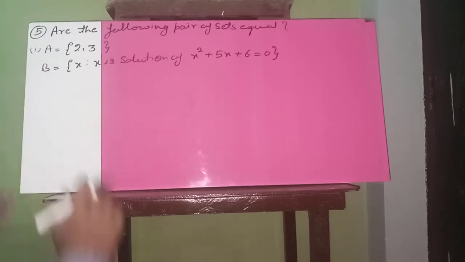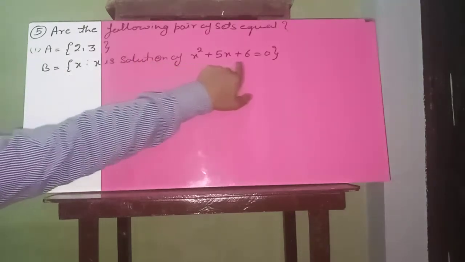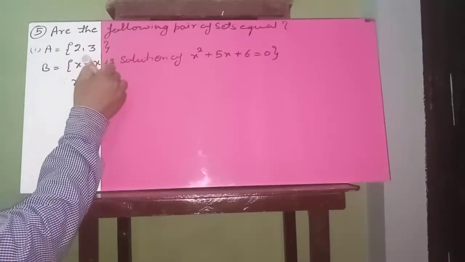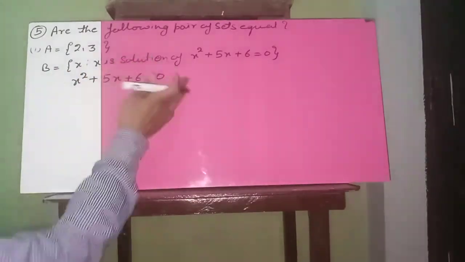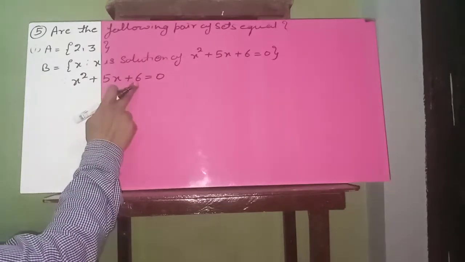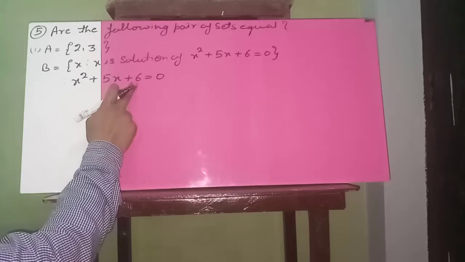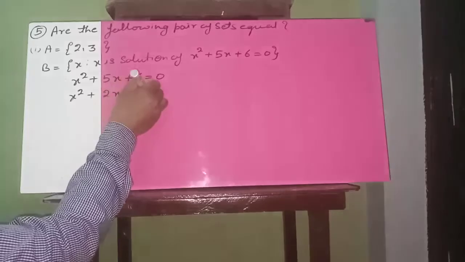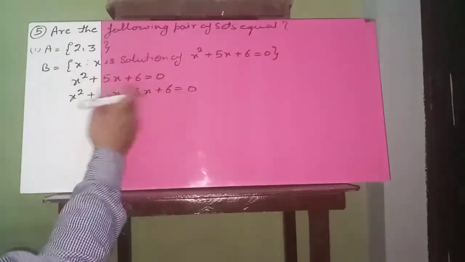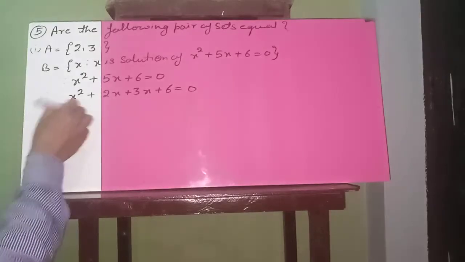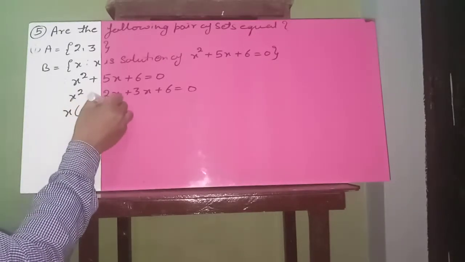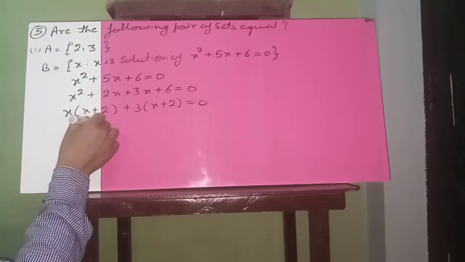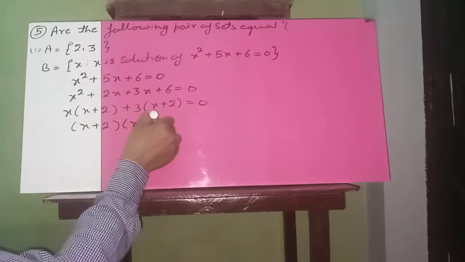For making the roster form of set B, at first we solve the given equation, x square plus 5x plus 6 equals 0. अब आप इसका सॉल्यूशन जो है क्लास 10th लेवल में सीखा होगा. 3 2 जा 6, so factorize 6: 3 2 जा 6 and 3 plus 2 equals 5. So x square plus 2x plus 3x plus 6 equals 0. बस कुछ नहीं करना, आपको इस इक्वेशन को सॉल्व करना है. I take factorize x plus 2 common, so x plus 2 and x plus 3 equals 0.